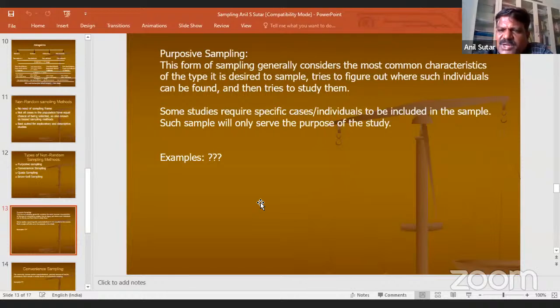For instance, I came across some research studies on the Pardi community or Pardi tribe in Mumbai or in Thane. And here selecting the Pardi tribe, that selection is emanated by the research intent.